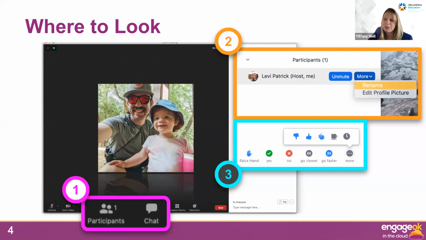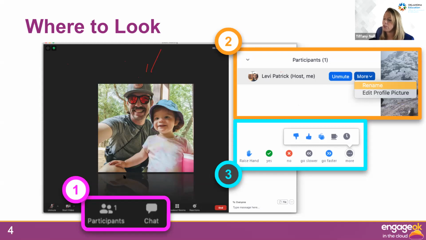And so here's a picture of Levi with his daughter, but you'll notice that there are a couple of areas highlighted that are good pieces of information for you to know as you navigate Zoom today. The first is that you can see at the bottom of your Zoom link where it has a little icon for participants and an icon for chat. Those will become the most important features for you to use in Zoom today.